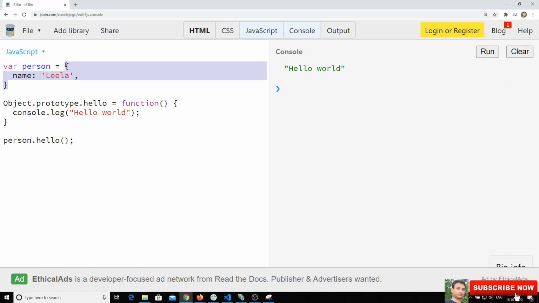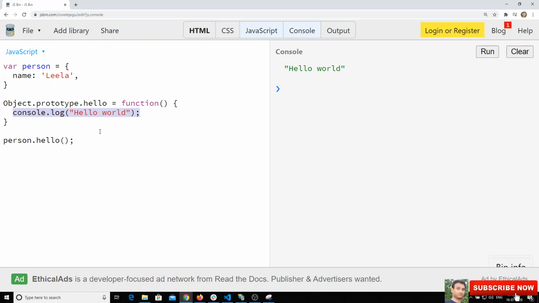If not, it checks the prototype of the person. If that doesn't exist, it checks the object's prototype, and if hello is present there, it takes that hello world and prints it.